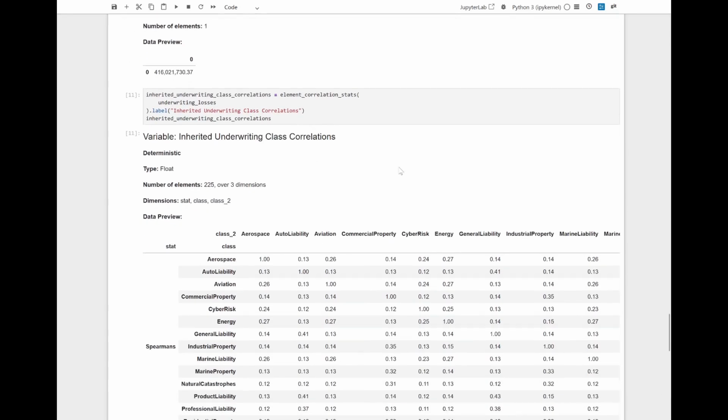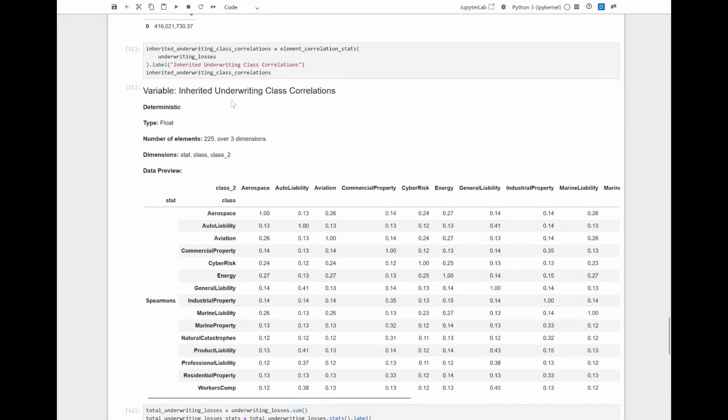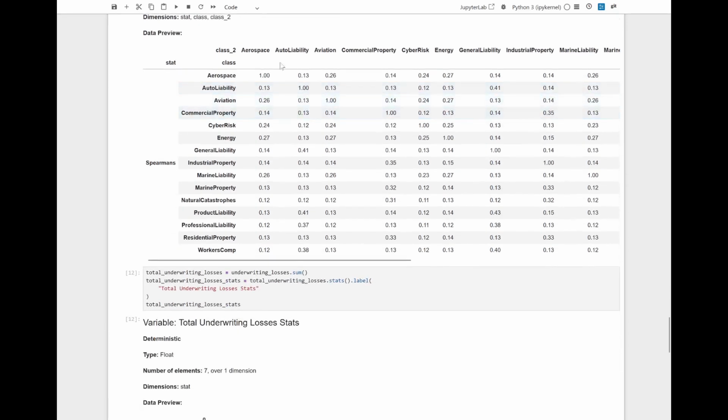So we've applied the correlation between classes attaching to the insurance risk total, but that's going to impart some degree of correlation between the underwriting risk figures across the classes and between the reserve risk figures across the classes. So let's have a look at what the inherited correlation is between classes just for the underwriting risk distributions. So we're going to again measure the element correlation stats. So that's the correlation stats between the different elements within a variable. But the variable this time is just going to be purely the underwriting risk losses. And you can see we've got back